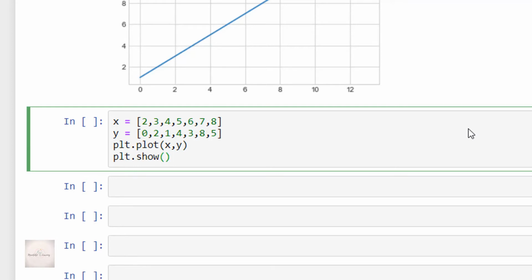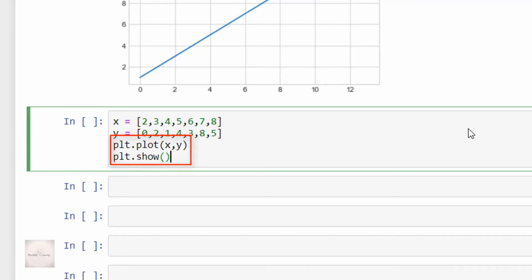Here I have created two Python lists. One is x and another is y. In x, I am passing a set of values like 2, 3, 4, 5, 6, 7 and 8. And in y, it is 0, 2, 1, 4, 3, 8 and 5. Now I am passing these values of x and y into the plt.plot function.